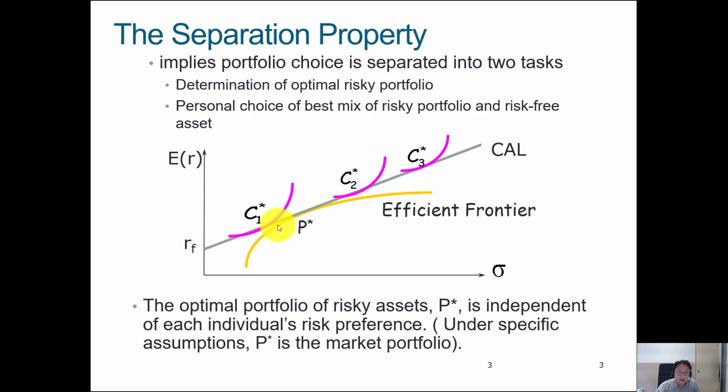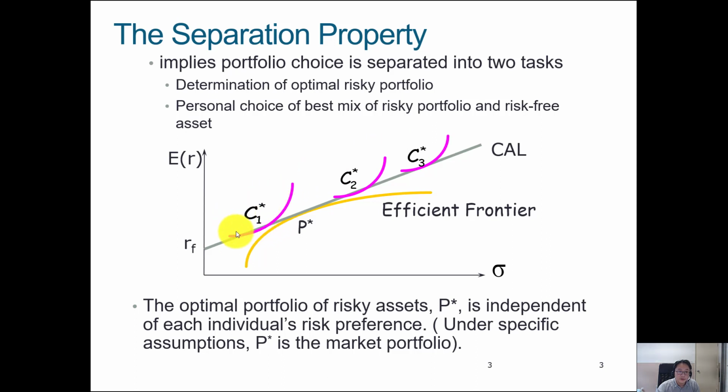We draw a line which starts at the risk-free rate and is tangent to the efficient frontier, and that becomes the capital asset line. Depending on the investor's indifference curve or utility function, we can select a portfolio that suits him or her, in this case C1, C2, and C3, according to his level of risk